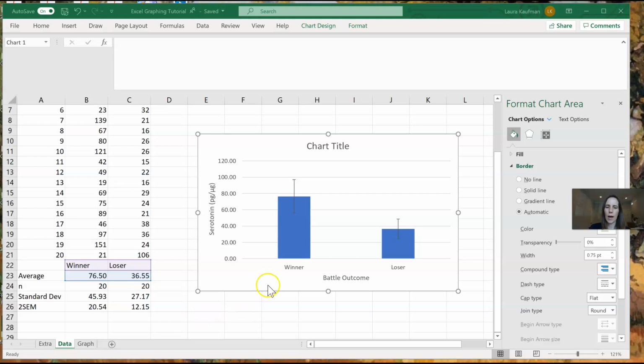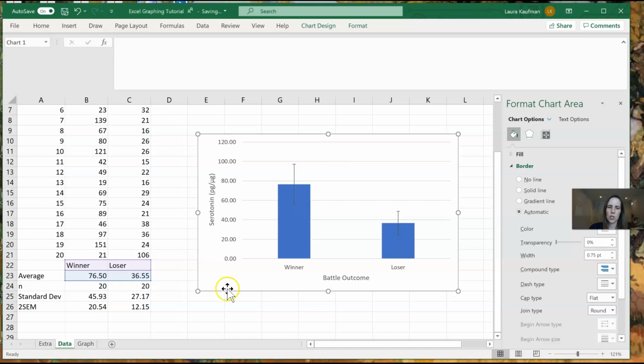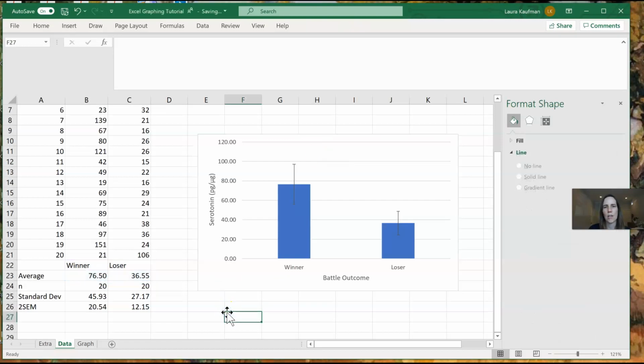All right, so there are our axes titles. We don't actually need a chart title, so I'm going to delete this because instead of a chart title, you're going to do a caption. And what a caption does is explain what you see in the graph in terms of the relationship between the variables. So it's a nice, easy way of giving some text to accompany your figure, and it's wonderful to have